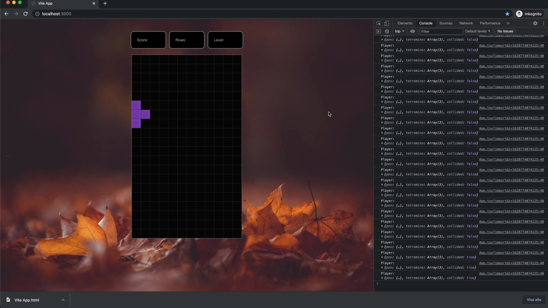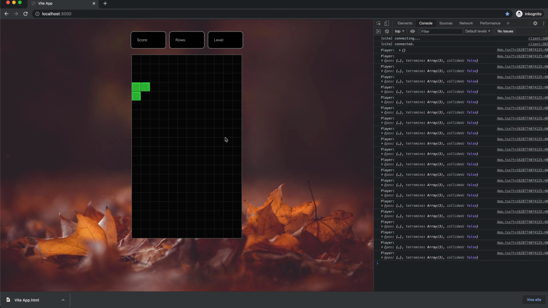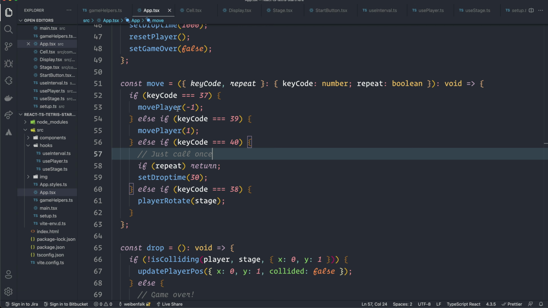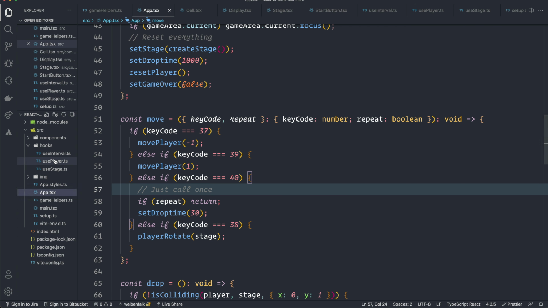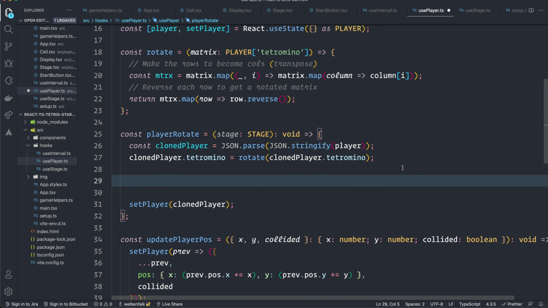But we have a little problem here. If we rotate, for example, here at the wall, you can see now it's locked here. It can rotate inside of the wall, and that will make it collide. So that's no good. It will break here, as you can see. So we have to take this into consideration. So that's why we're going to implement this also in the usePlayer. So up here in the playerRotate function, before we set the player, this one is so the player can't rotate into the walls or other tetraminos